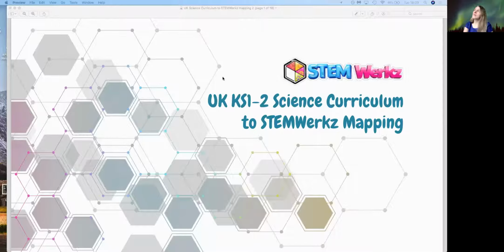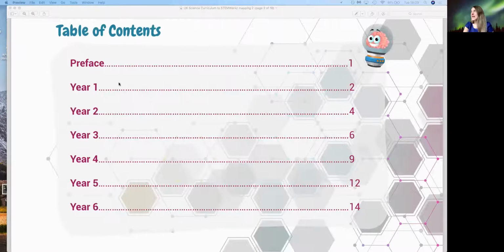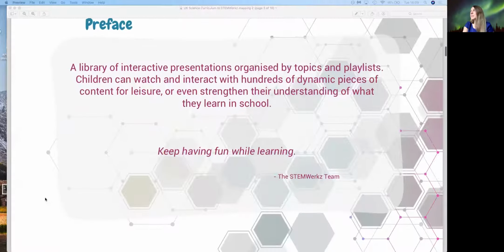So here we have STEMWerkz UK, specifically for the UK, for the Key Stage 1 to 2 Science Curriculum to STEMWerkz mapping. You'll see here the table of contents from year 1 to year 6, with the corresponding page numbers. It's really a library of interactive presentations organized by topics and playlists